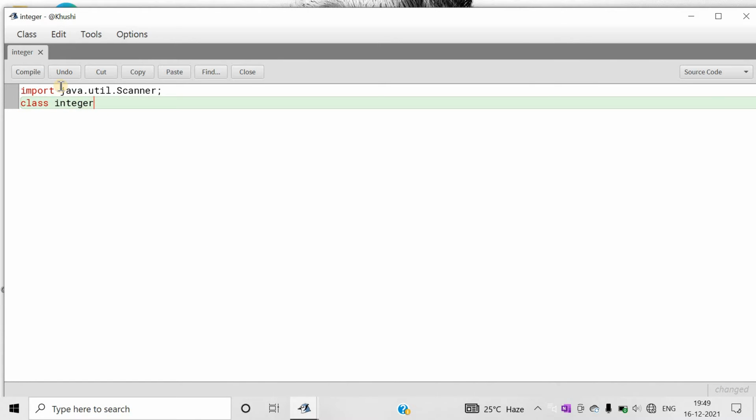Next, you have to write the name of the class, that is integer, that I have kept. You don't write integer if your class name is not integer. See here, my class name is showing. You can see here. Okay, so that's why I've written integer here. Okay, now braces, then